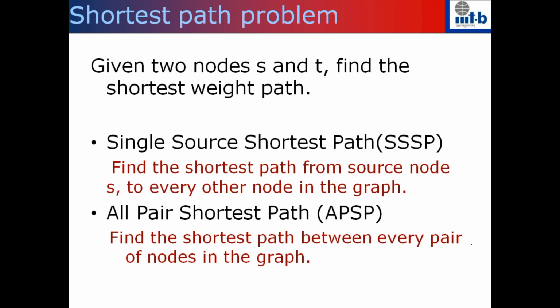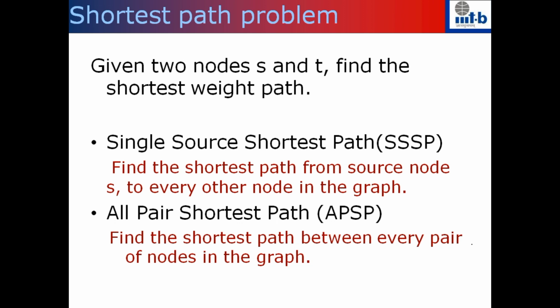So I want to go from Electronic City to the airport. I want to find what is the shortest path. So I am interested in a specific source and specific destination. But what we will end up computing is the shortest path from the source to every other vertex in the graph. So we are doing much more than what is required, but when you want to solve the single source, single destination shortest path problem, what you end up doing is calling the single source shortest path problem, right?